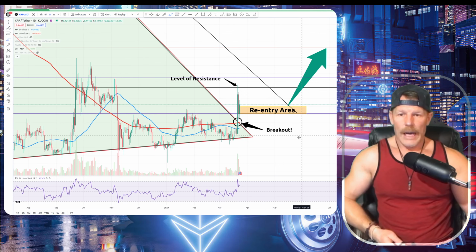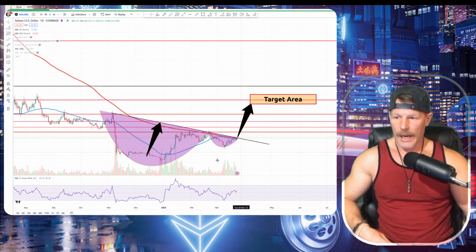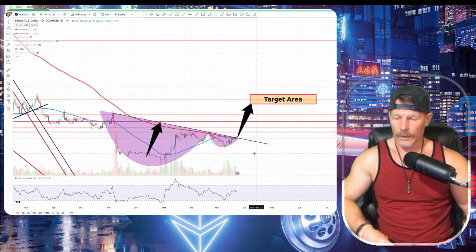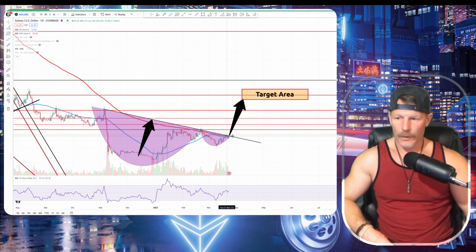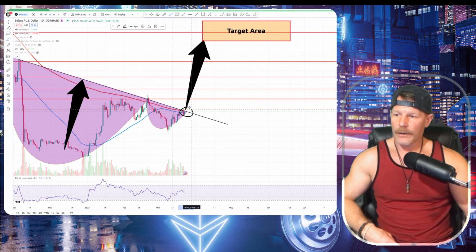Okay, so outside of those three, what are the other ones? Well, I've posted about Solana. We have a cup and handle pattern here. What am I waiting for? Waiting for a break above this neckline. You can see that the 50-day and 200-day and the neckline all coincide here, making a big area of confluence,